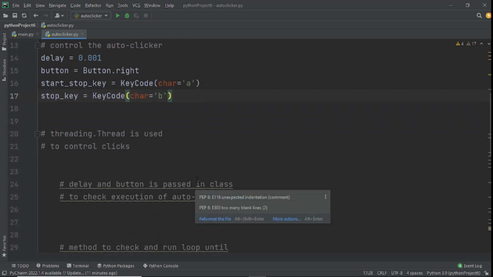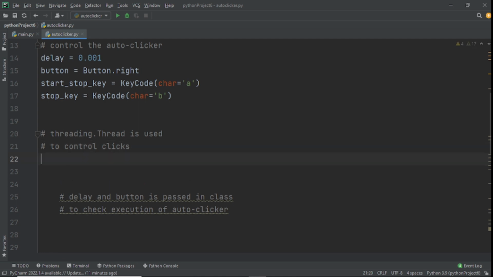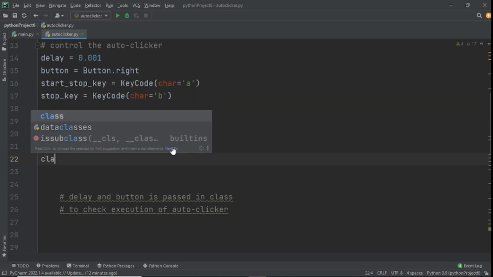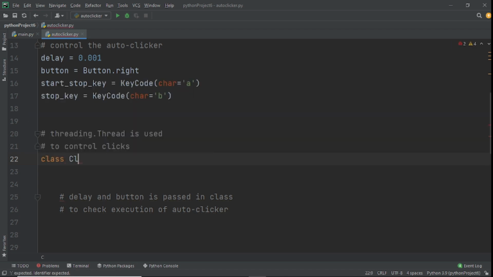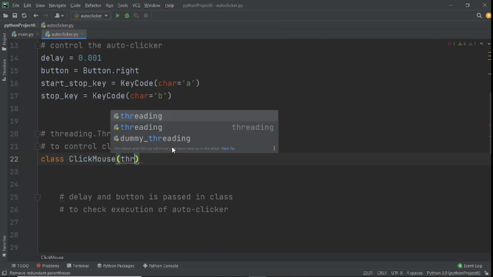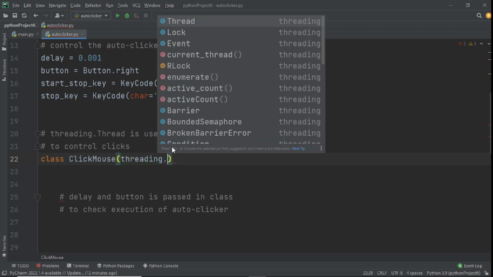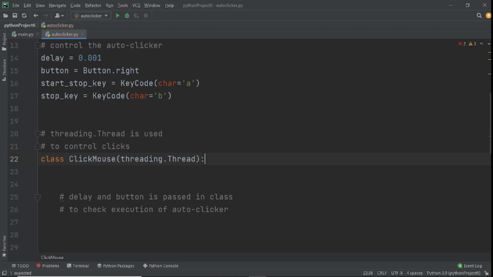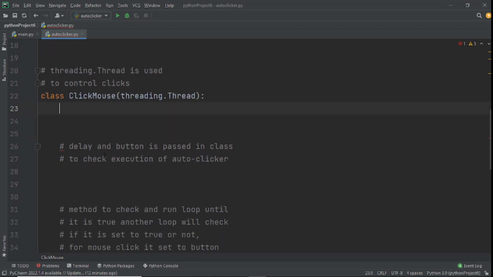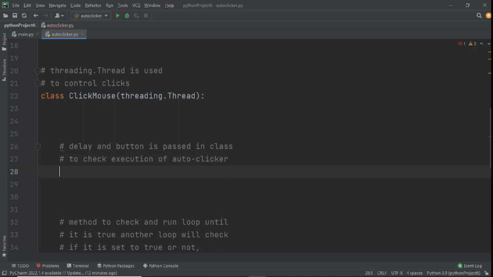Now we can move to the next section, and the next section is the threading.Thread that we're going to use to control these clicks, and we'll create a class for that, and we'll call this class ClickMouse, and as its input it's going to take threading.Thread. What we want to do next is make sure that we use the delay button that is passed in this class, and also check for execution of the auto clicker. And how we do that is we'll define our